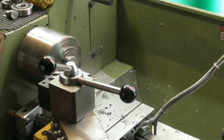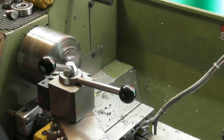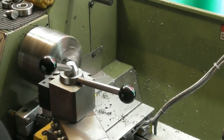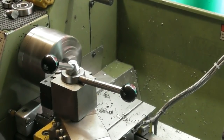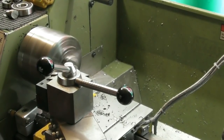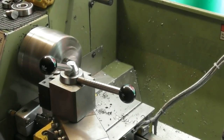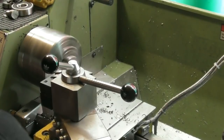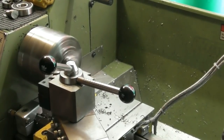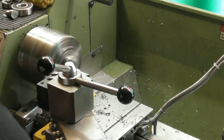You probably noticed another thing I just did then, just as I was starting the cut, I had the e-stop pushed on the lathe. The reason for that was a reminder for me to remove the winding handle from the back of the headstock. So I'd go to start it up, it wouldn't start, and I'd think, oh, the e-stop's pushed, why is it pushed? Because of the handle on the back. But I had remembered to remove the handle anyway. It's just a habit I've got into: I whack the e-stop if I've got the winding handle in, and then there's no way I can start the lathe up and have a